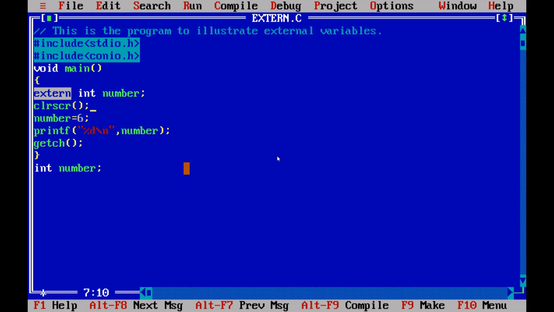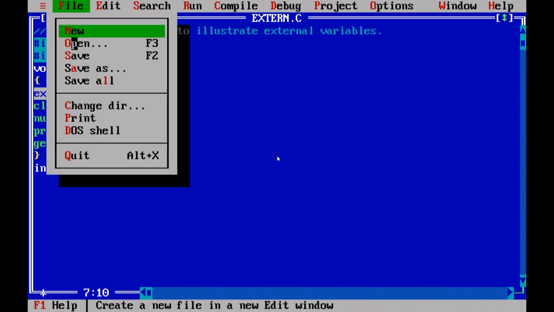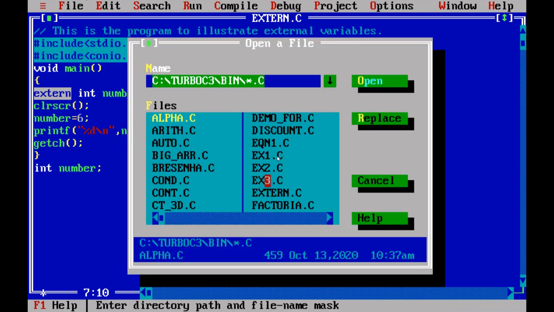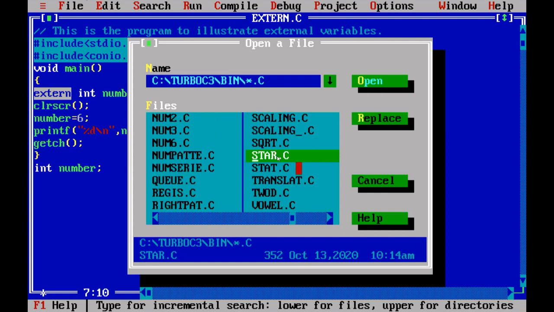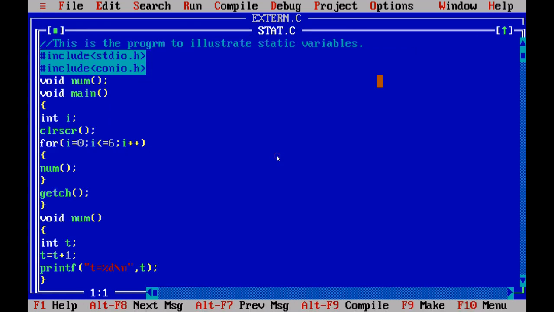Why you are saying it as a global declaration means whenever you can declare the variable at any place, but you can give the information to the compiler, and you can make use of that variable at any place in your program by means of the keyword extern. That's about the external storage class. And next one is the static. So we can select the program.